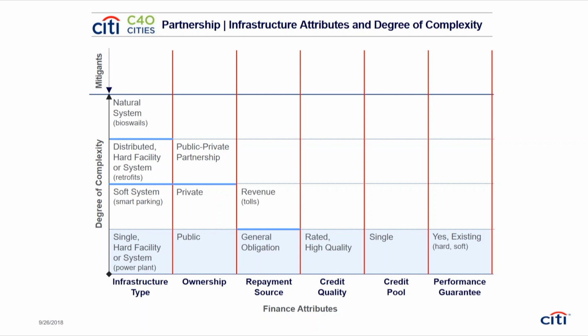So general obligation, when you get to revenue through tolls, you have a little bit more uncertainty depending upon the performance of the roadway, how it's being utilized. Is it being utilized as was anticipated? And then you have cost savings. To what extent does the alternative infrastructure deliver the exact same or even better outcomes and do so at a lower cost? And here too, you have, again, a little bit more complexity in terms of certainty around that and how that's managed.